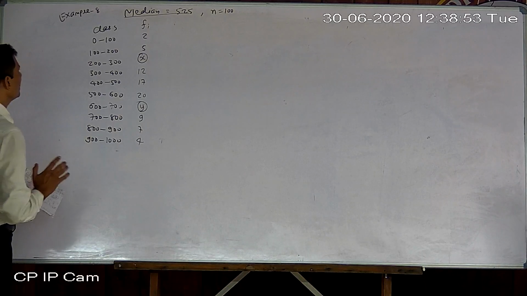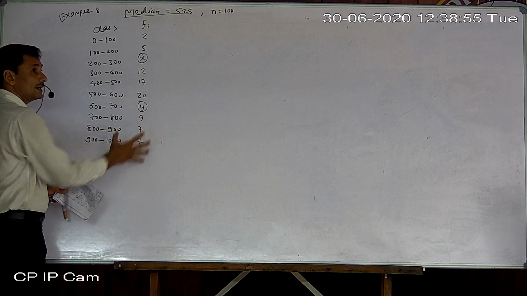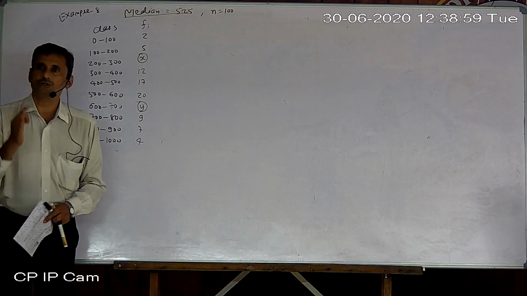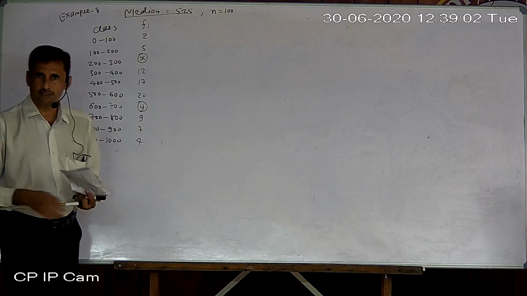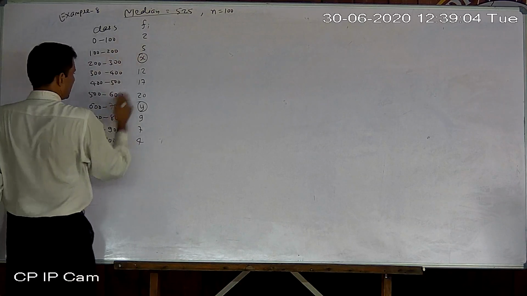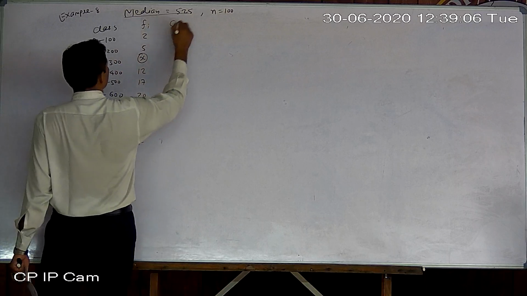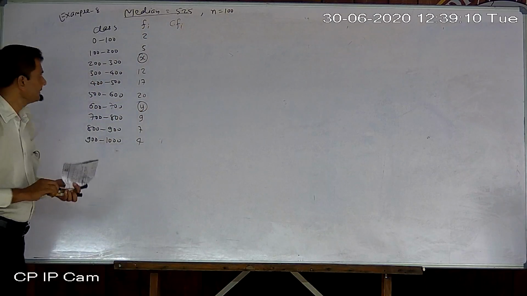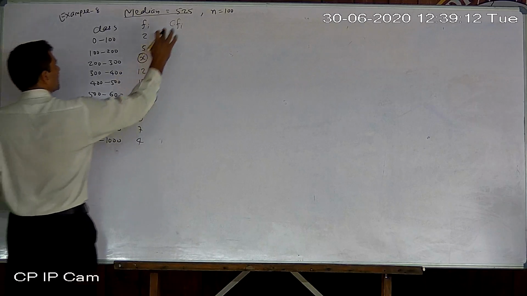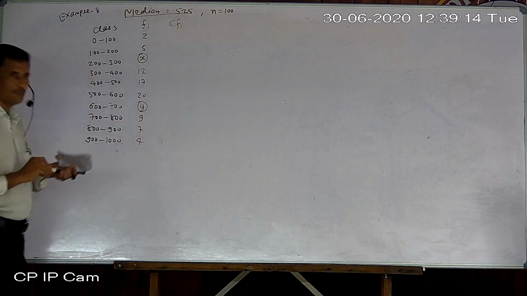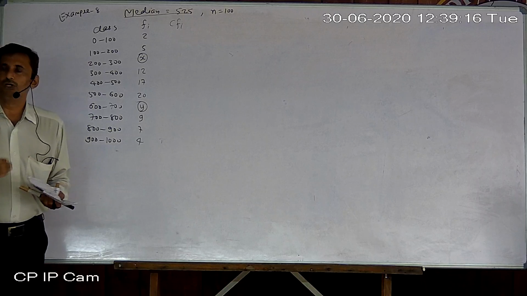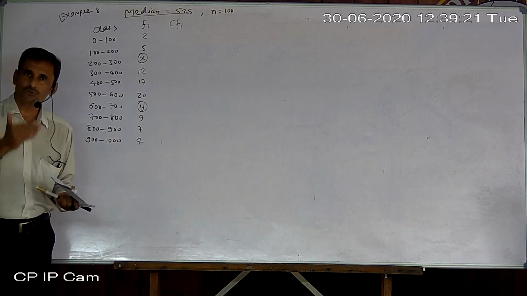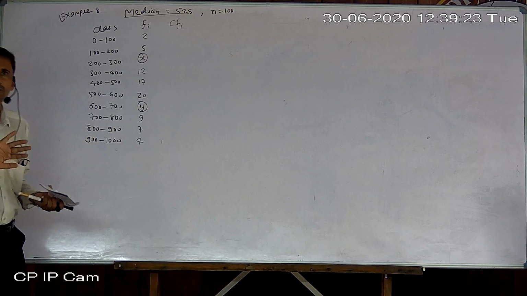Now you know, whenever it is a sum related to median, we generally prepare one extra column only, and that is of cumulative frequency, CF. Now, these are given only, and here you can notice two frequencies are missing, x and y. So now, how to find CF, you know? By adding the frequencies one by one. To cumulate means to add up. So cumulative frequency means addition of frequencies.